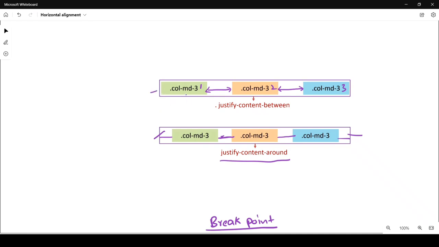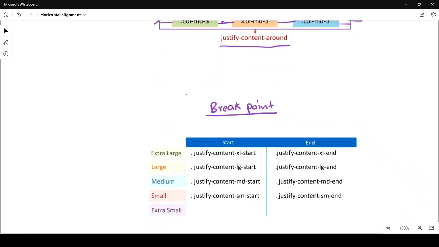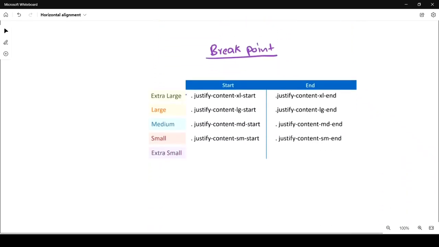Now we also have breakpoints, like we saw in our previous video. We have breakpoints for extra large screen, large screen, medium screen, small screen, and we don't have any breakpoint for extra small screen. Just provide justify-content, then the breakpoint, and after that the alignment, starting or ending. If you want to provide the breakpoint, you just have to follow this pattern for all of the alignments that we discussed: starting, ending,